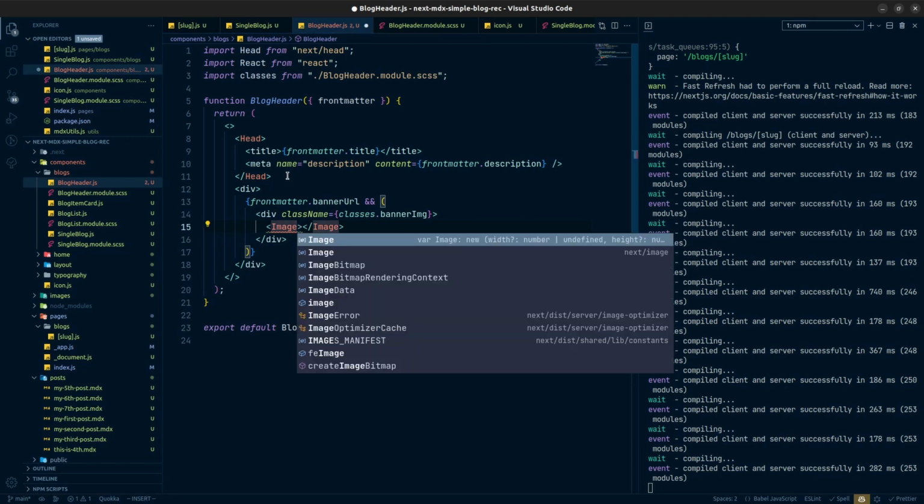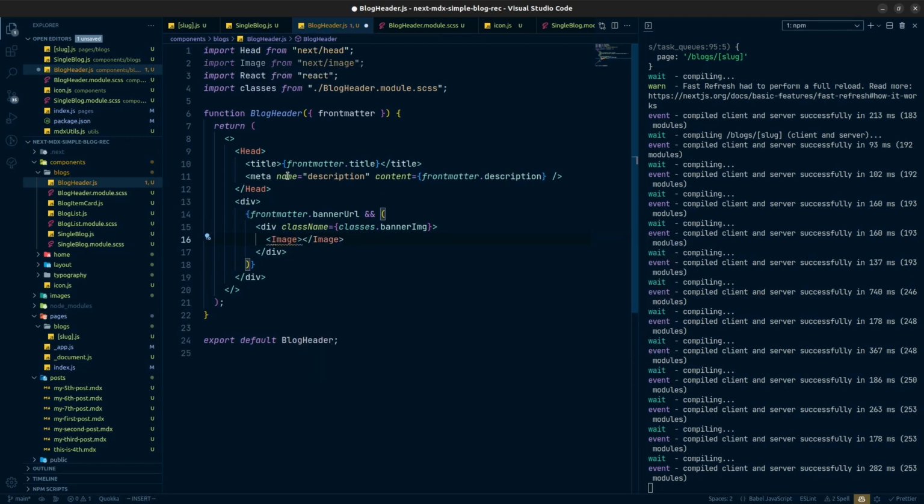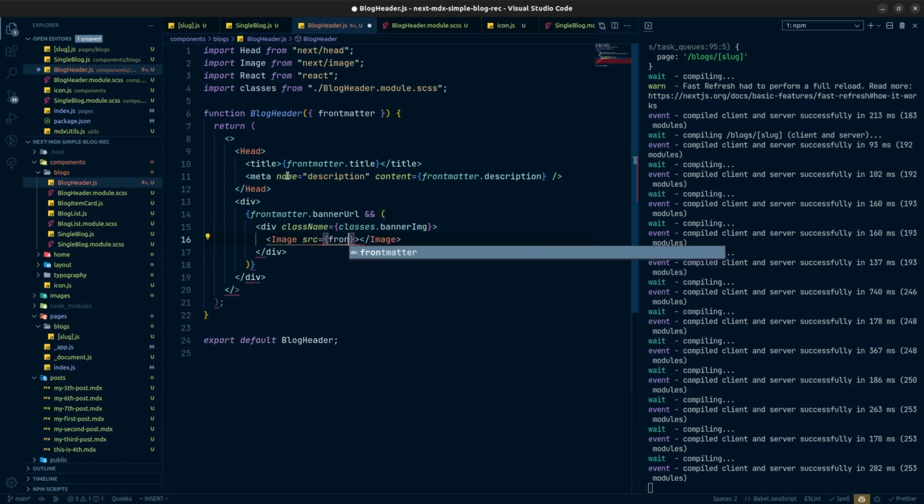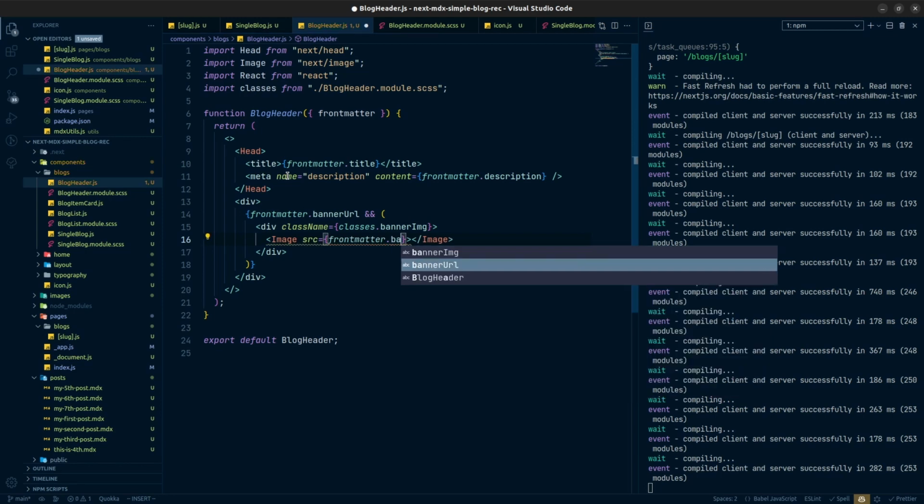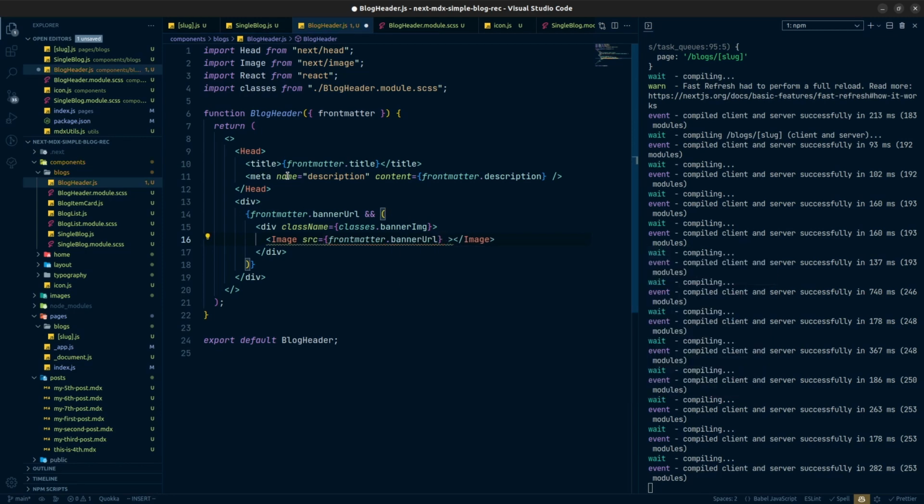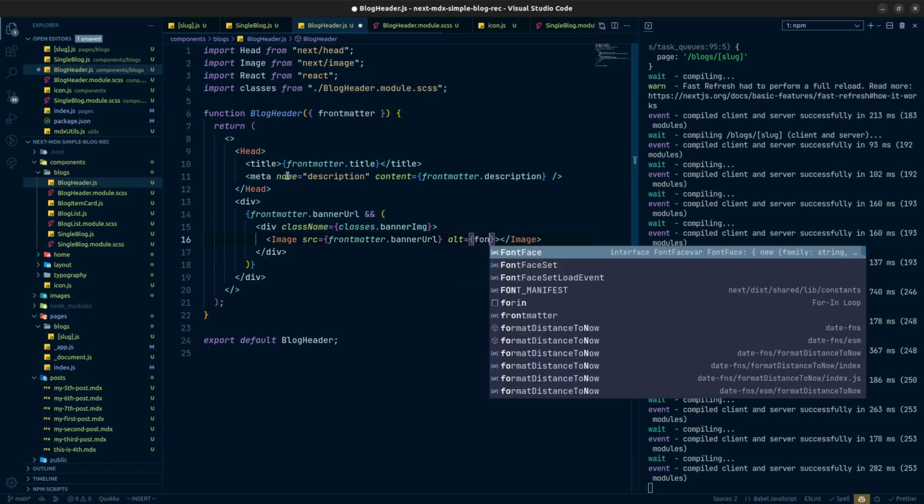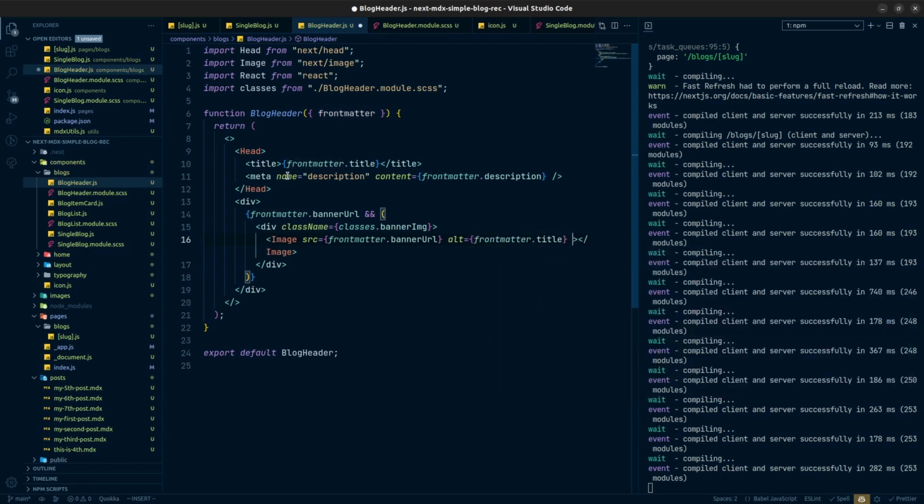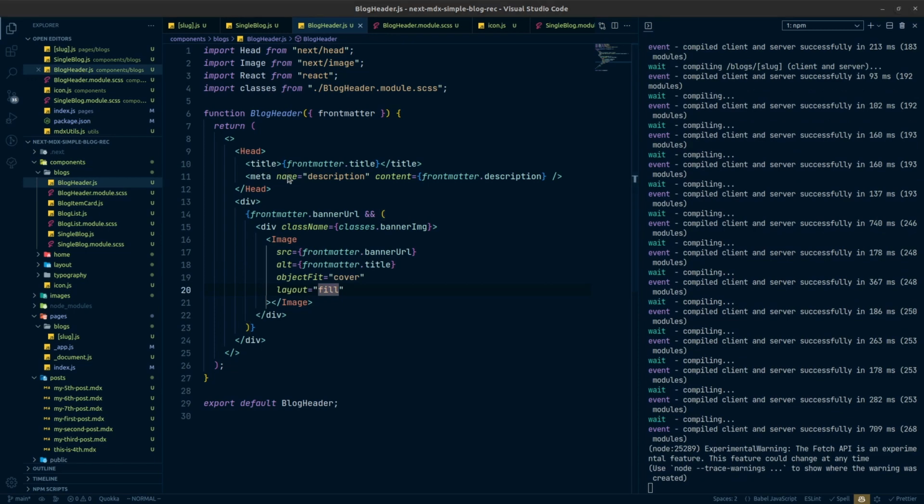This is the next image which we need to import, and inside this image I need to provide the source. The source will be front method dot banner URL, and beside that we need to provide the alt text. Let's say the alt text will be front method dot title, and also we will have an object fit. Object fit will be cover, and layout will be fill. And if I do it now, we should see,